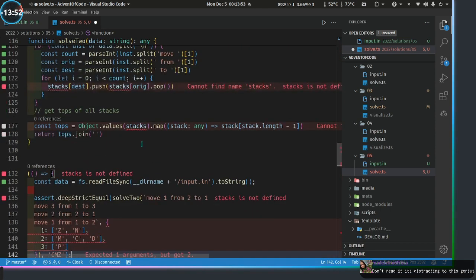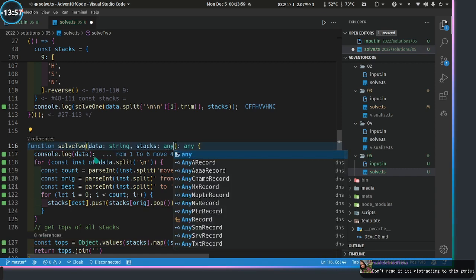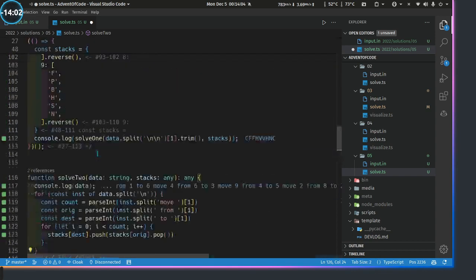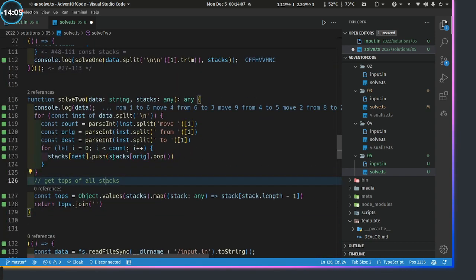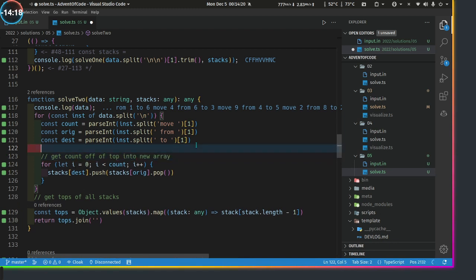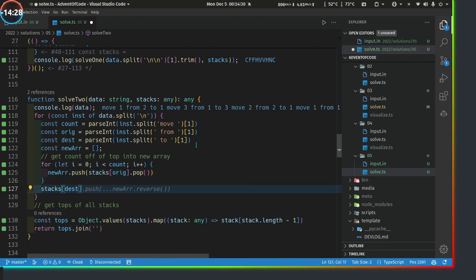Solve 2. Great, explodes. Great, and now we need stacks. So now we have this, and now we gotta do the fun start where we don't push all the pops. We want to basically get count off of top into new array. Const new array equals this. Essentially this, but instead of pushing to the destination, we new array push, and then finally stacks dash push,